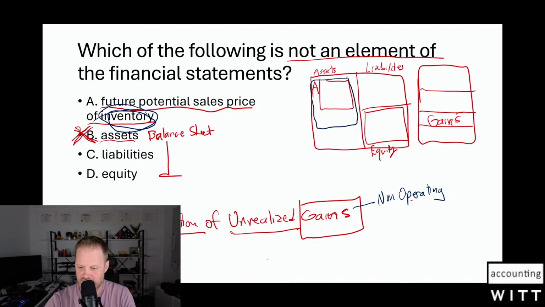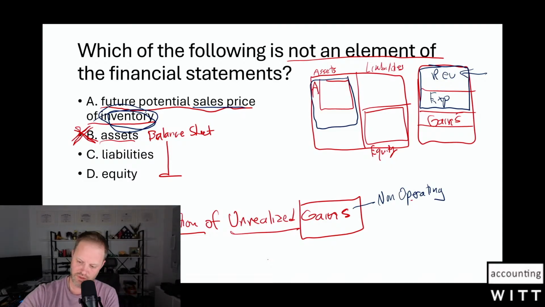It's an asset that is used in operations, and operations is what creates revenues and expenses. So when you realize the potential sales price of inventory, that creates revenue, not gain. So I feel like we need to have some way of,